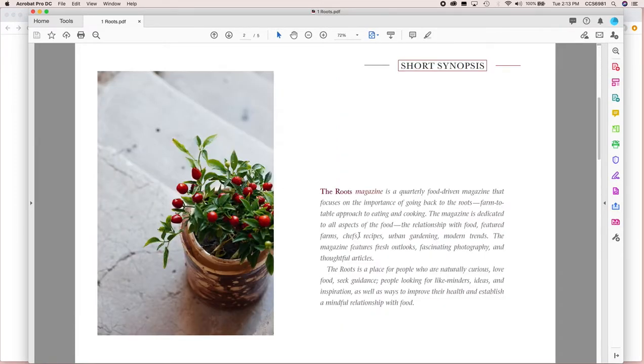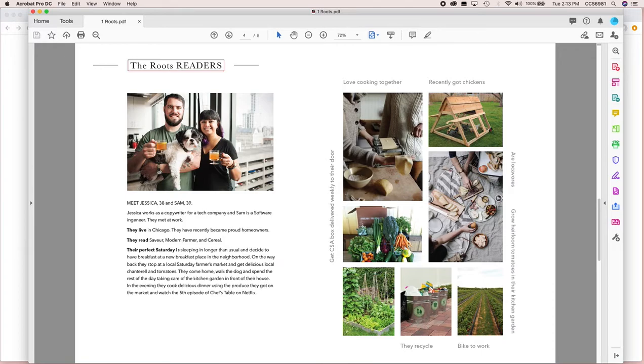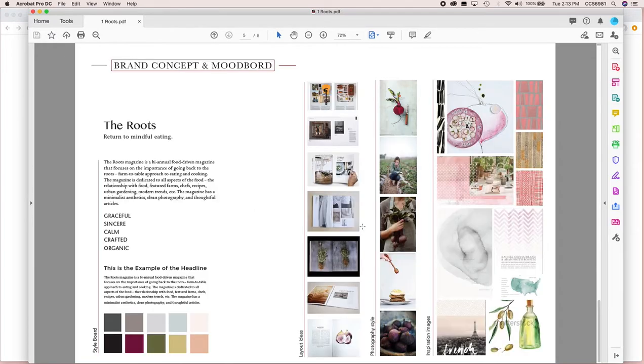You'll have a short synopsis. You'll have your reader personas written out and ready to be reviewed by me. You'll have your mood boards, and that will be ready to be reviewed peer-to-peer or with me over the next couple of weeks. And then by the end of the quarter,